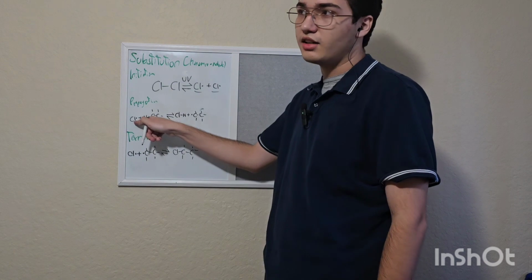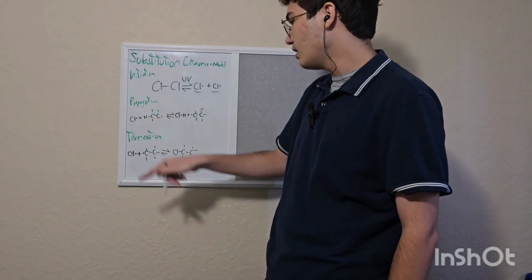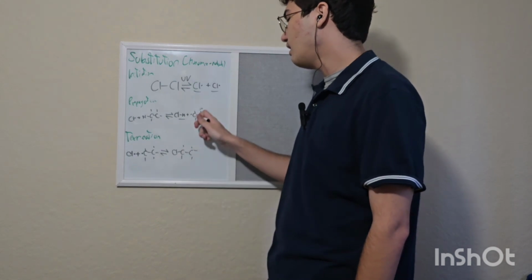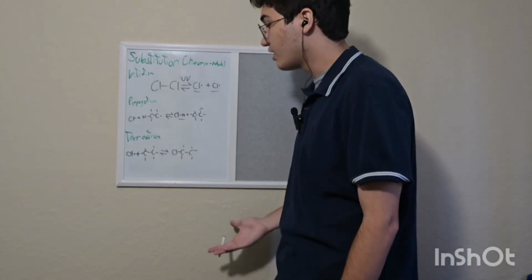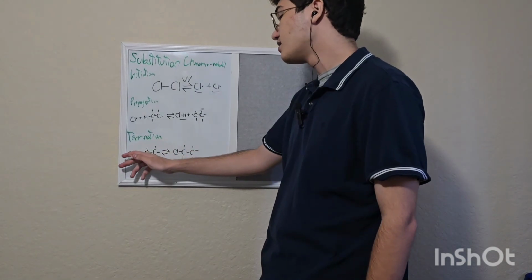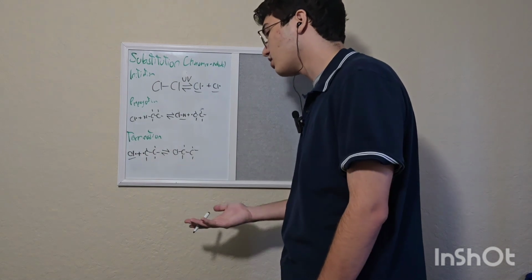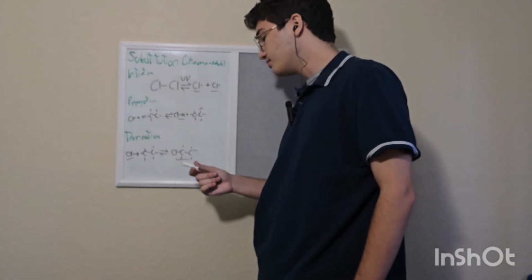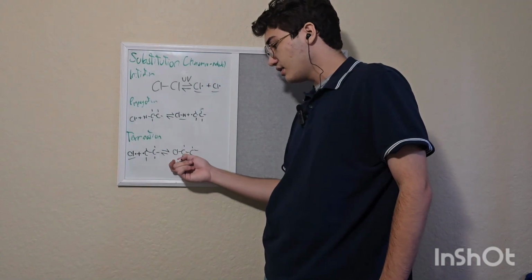This free radical ion is going to go over here and take this hydrogen, creating a HCl, and leaving this carbon with a free radical ion as well. Seeing this, the other chlorine with the free radical ion is going to then join up with the carbon and create a